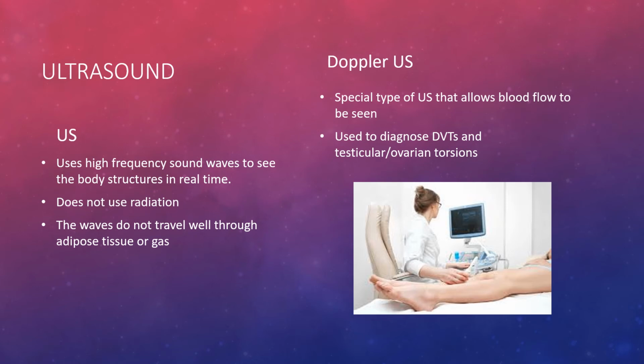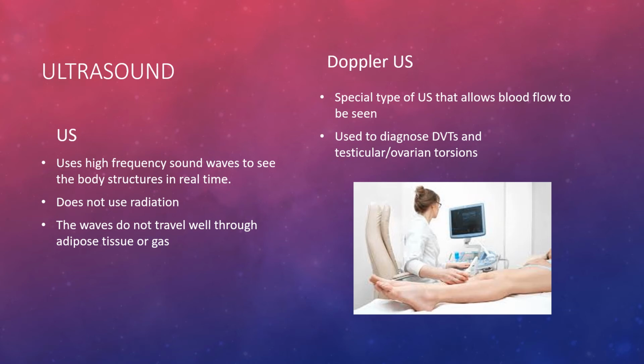So an ultrasound uses high-frequency sound waves to see the body structures in real time. It does not use any radiation, and the waves don't travel well through adipose tissue or gas. So it travels better through fluid. That's why if anybody's ever had an ultrasound to see their baby while they're pregnant, a lot of times they'll like you to have a full bladder, because they use that bladder as a window to the uterus, which